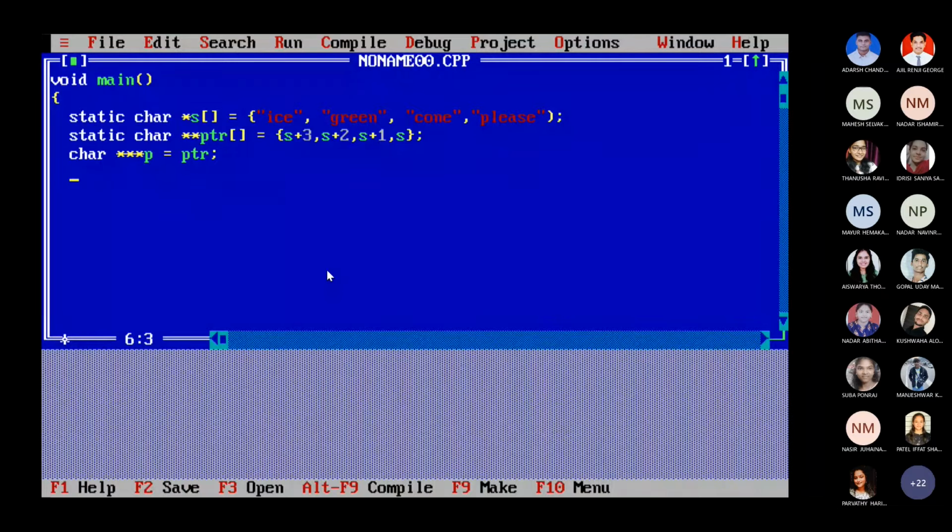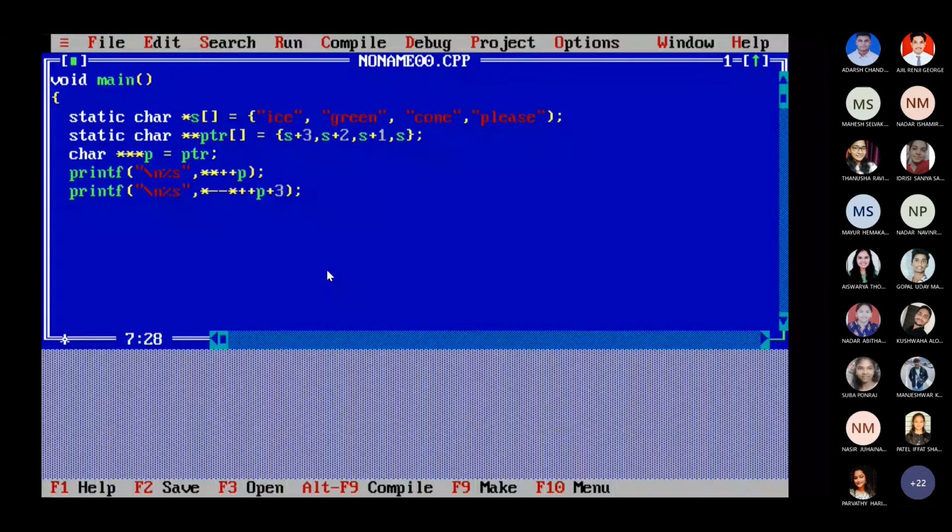And then printf. First printf was %s star star plus plus p. Next, %s star minus minus star plus plus p plus 3. This is what we have to print.